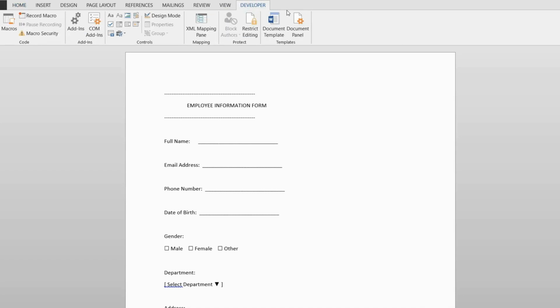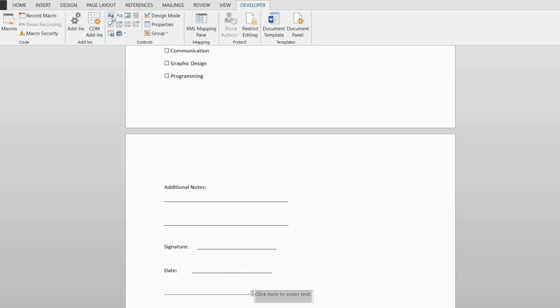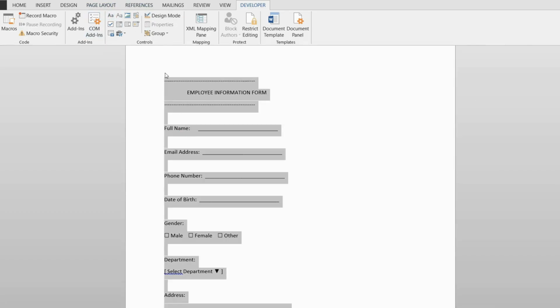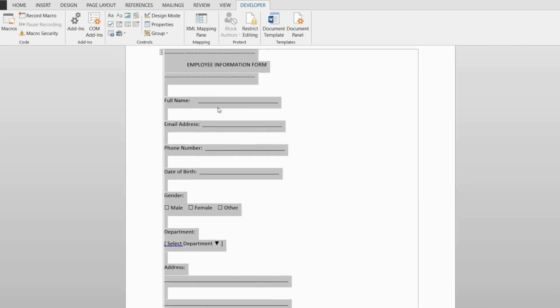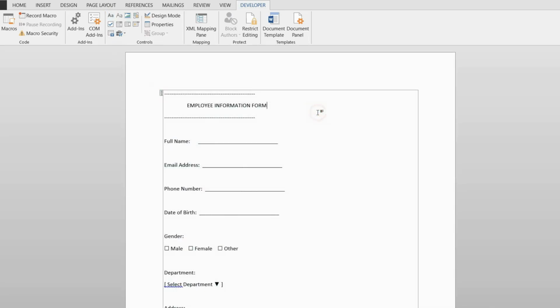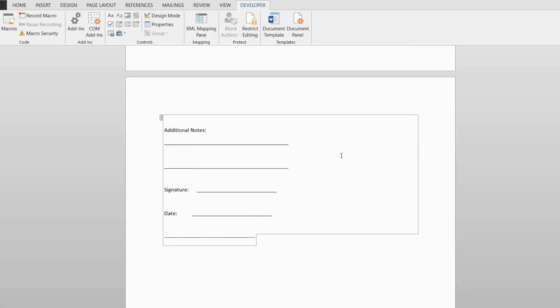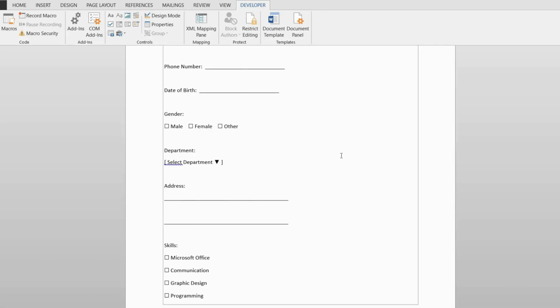From here, you can add different form controls such as text boxes, checkboxes, date pickers, or drop-down lists, depending on the type of form you want to create. Simply place your cursor where you want the field to appear and click on the control you want to insert. You can also click on Properties to customize each field, such as adding placeholder text or creating list options for